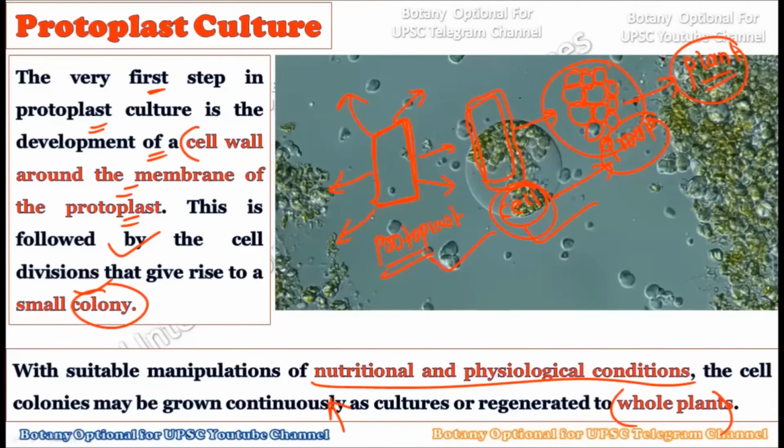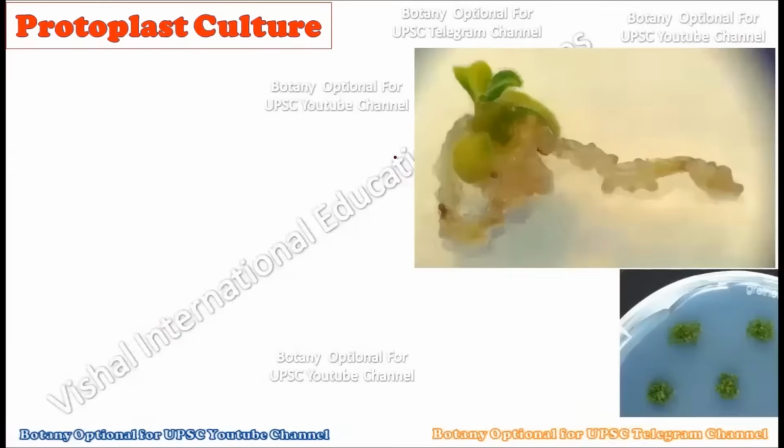Okay, so it is quite a simple thing which can be done in the plant tissue culture laboratory, because many times we have studied the single cell culture, then we have studied the tissue culture, right? We know the organ culture. All of these cultures we have done. The only difference among these different types of culture is the starting material, and here also we have a very different starting material, that is the protoplast. And what is protoplast? Protoplast is nothing but the entire cell of a plant without the cell wall.